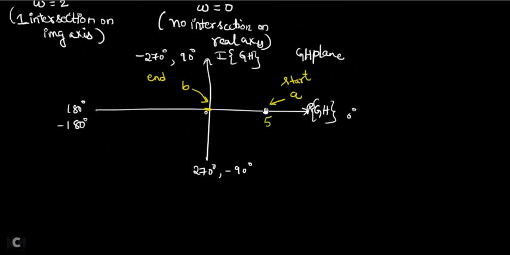So in the clockwise direction I have to draw the circle, starting from A. Clockwise means I have to come down only, no? I cannot go up. If you go up from point A, it becomes anti-clockwise. But I have to go in the clockwise direction. So point A is the starting point, and from point A you have to come in the clockwise direction. That means from point A you have to come down.